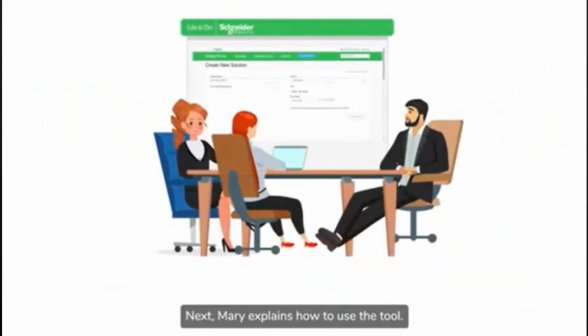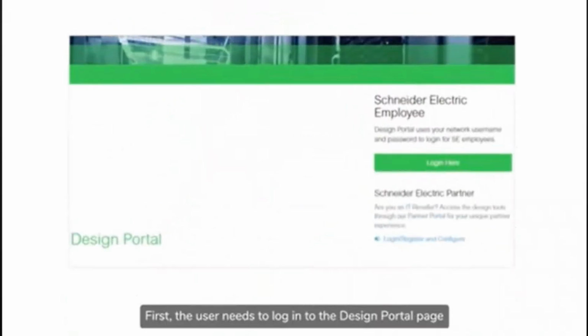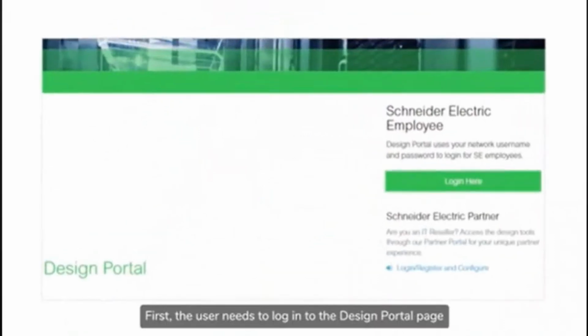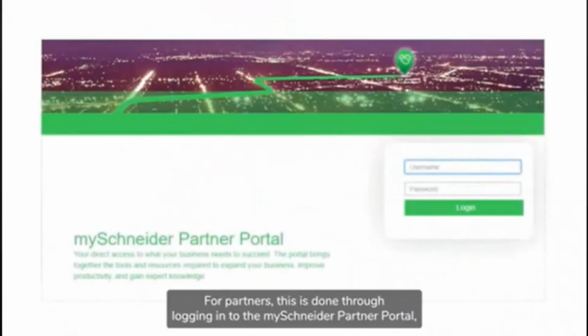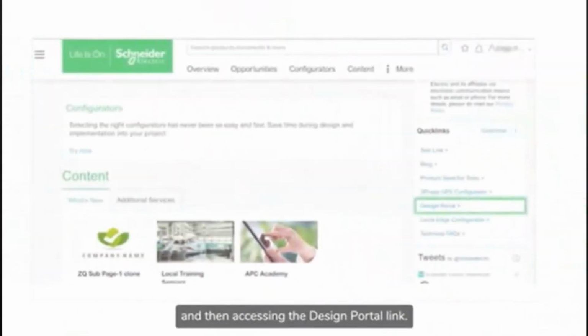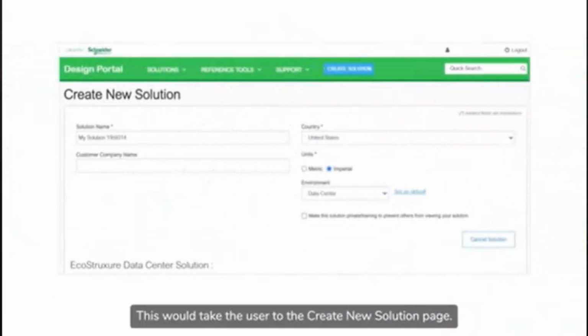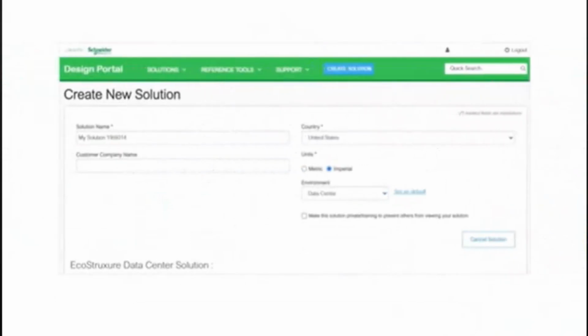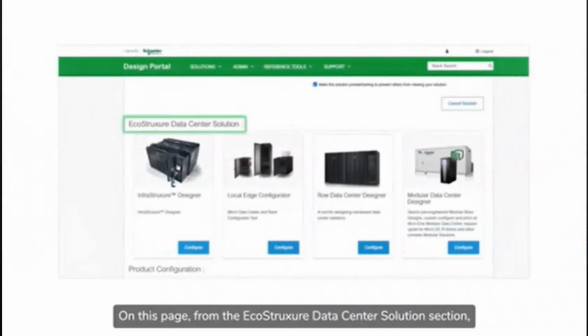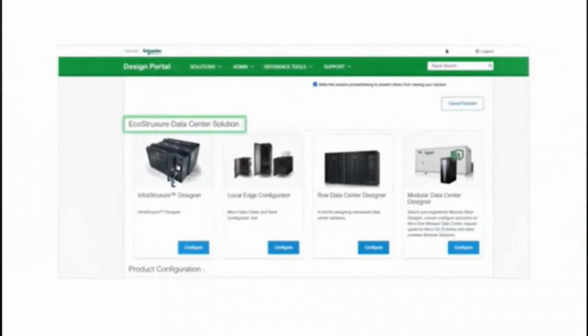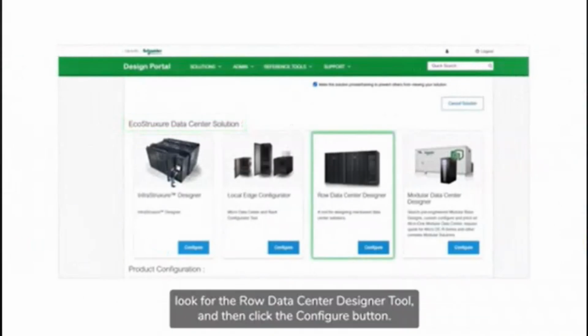Next, Mary explains how to use the tool. First, the user needs to log into the Design Portal page to access the Row Data Center Designer tool. For partners, this is done through logging into the My Schneider Partner Portal and then accessing the Design Portal link. From the Design Portal homepage, the user needs to select the New Solution option from the Design menu. This would take the user to the Create New Solution page. On this page, from the EcoStruxure Data Center Solutions section, look for the Row Data Center Designer tool, and then